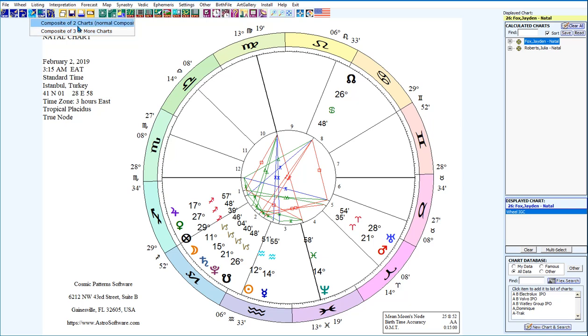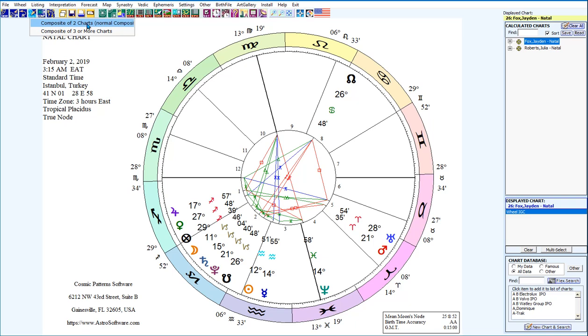In the series program, you can create a composite chart of 2 people or 3 or more people. For most astrology programs, you can only create a composite chart for 2 people. But in the series program, you can create a composite chart of 2 or more people. This is very important, because if you have family living in one household and you want to combine the charts of all of those, say if you have 3 or more people, it's good to use this feature so that you just have one chart for all those people in your household.